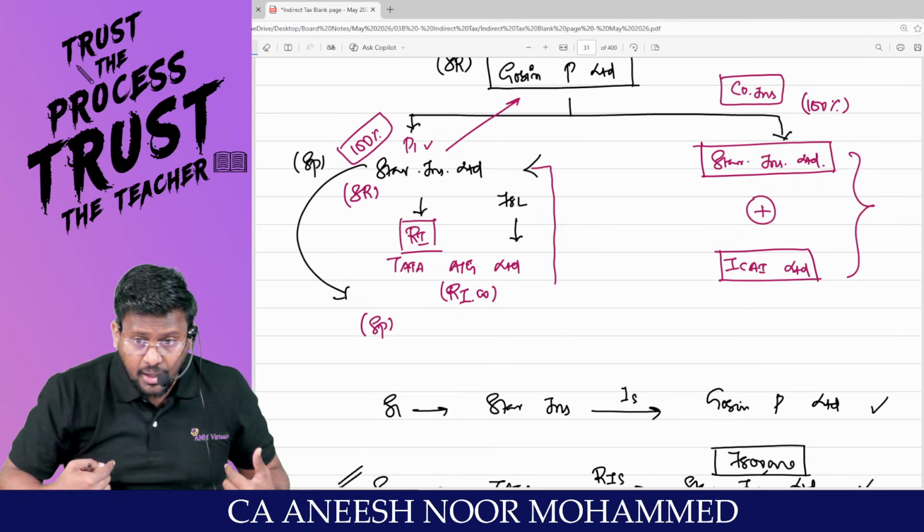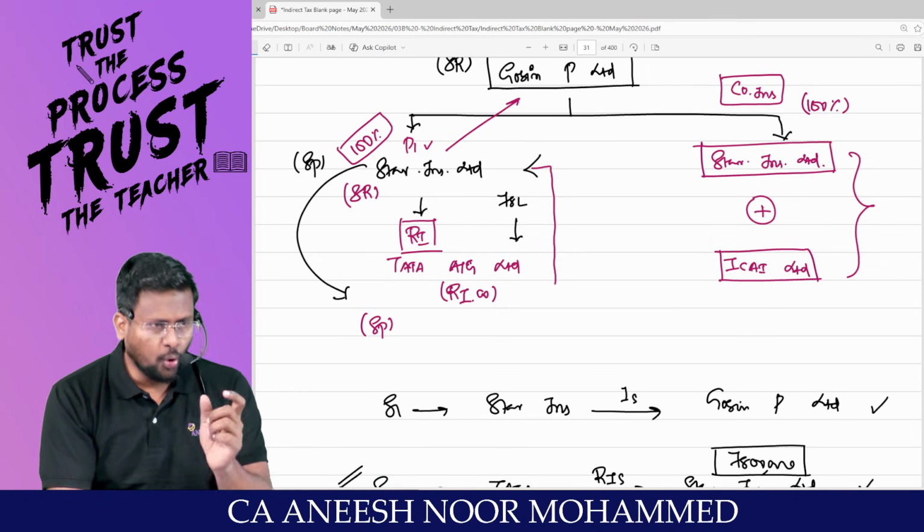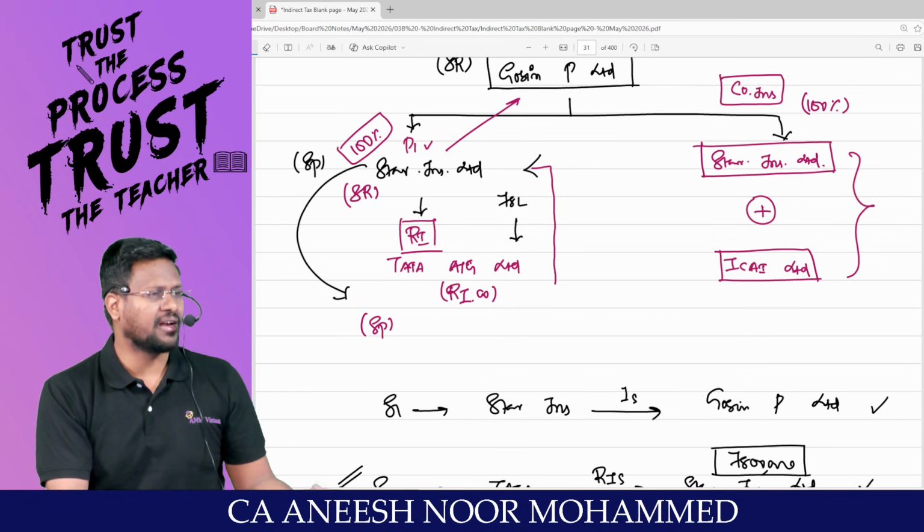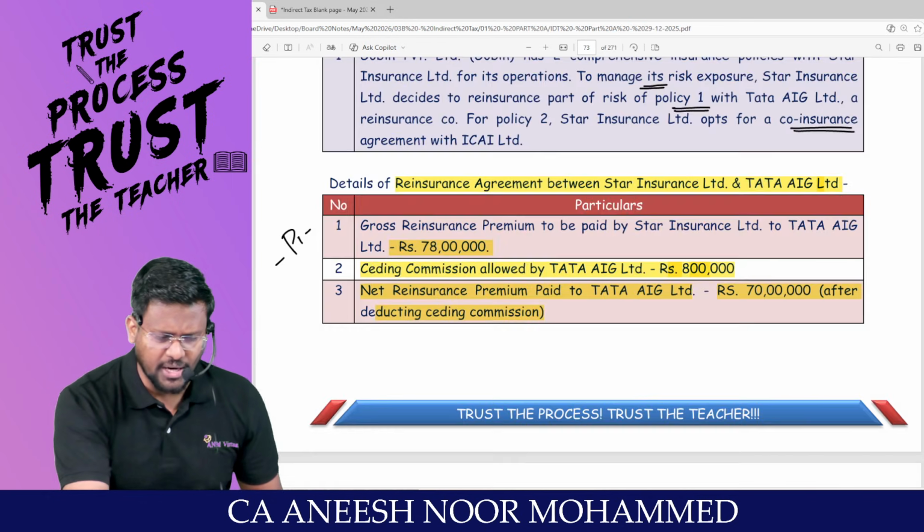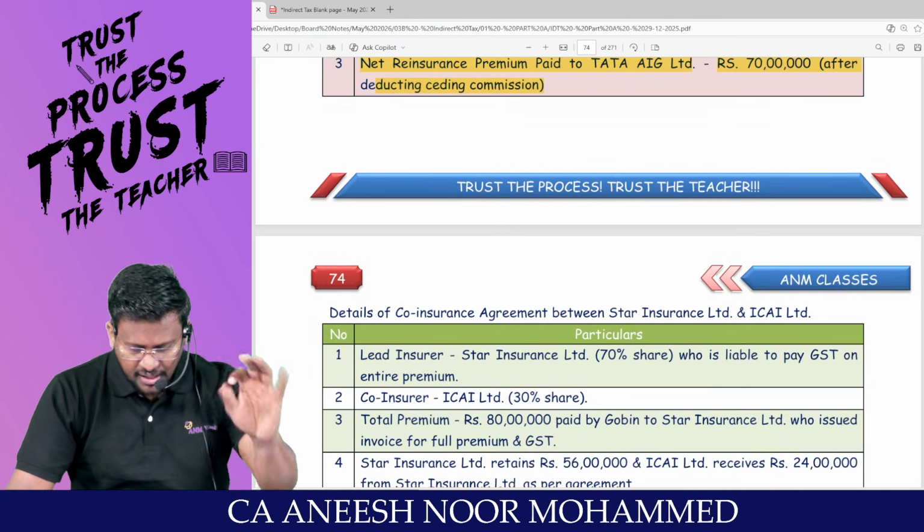I am providing business services to you. For that you are liable to pay me 8 lakh. We will net it off. I will pay you how much lakh? 70 lakhs. Net it off, keep this 70 lakh.